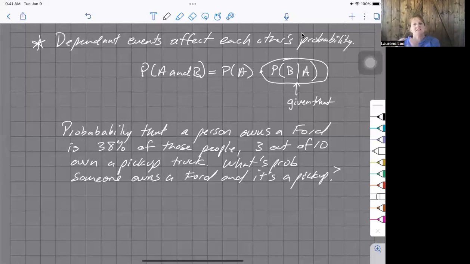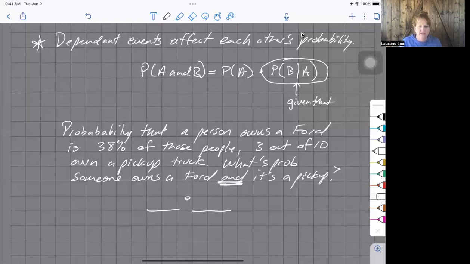So my sample space changes. So these are dependent, okay? Now it's still going to be two events multiplied together because it's still an and problem. See that word right there? But I'm going to go one at a time and they're dependent. So my second probability has to be just related to that shrunken sample space,